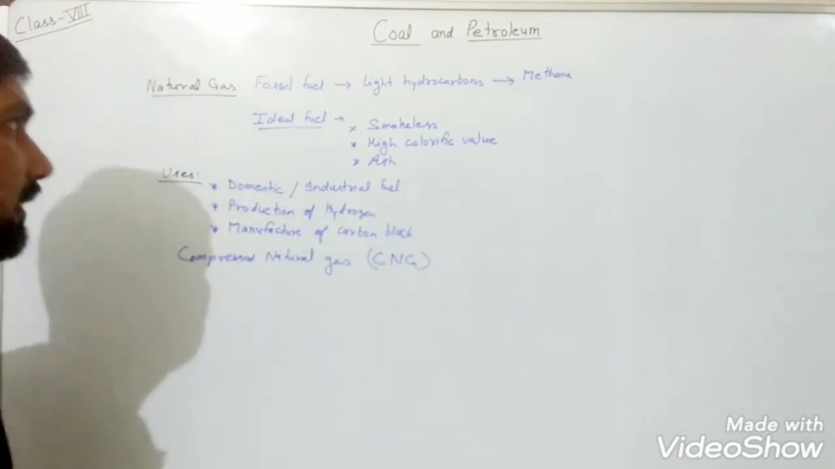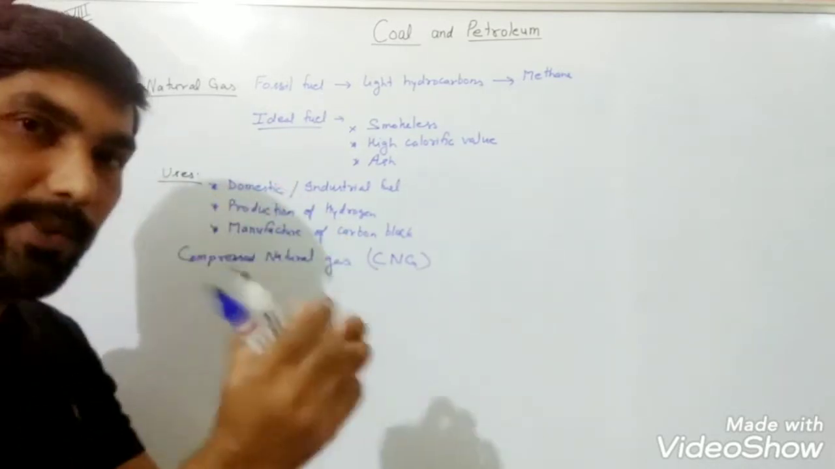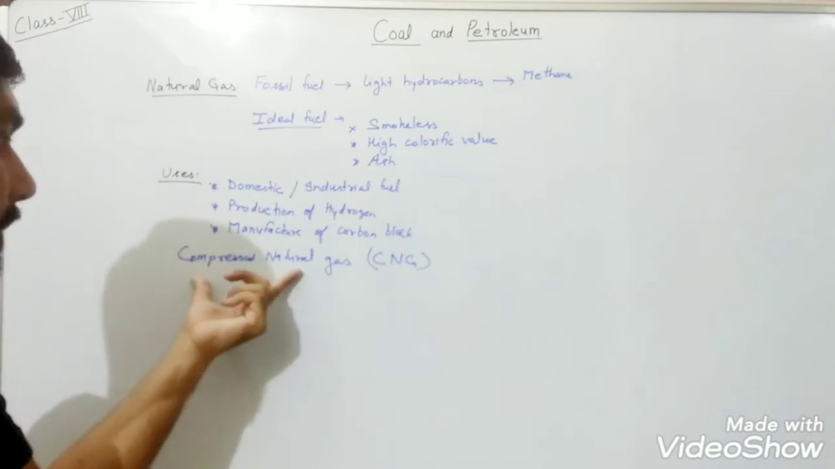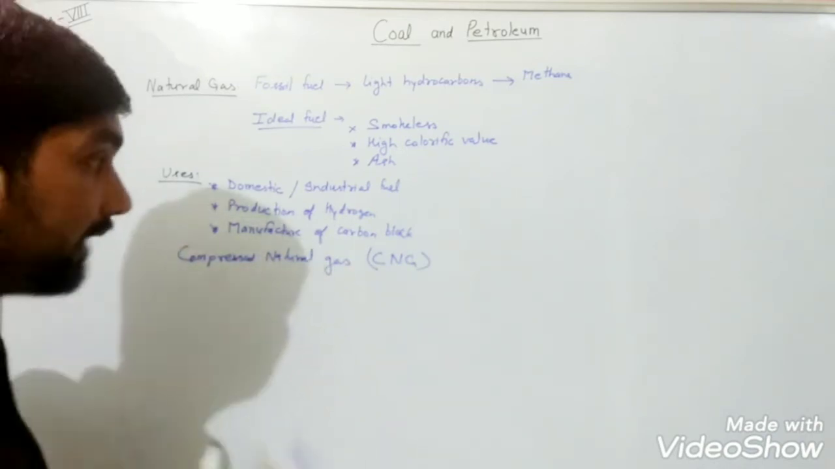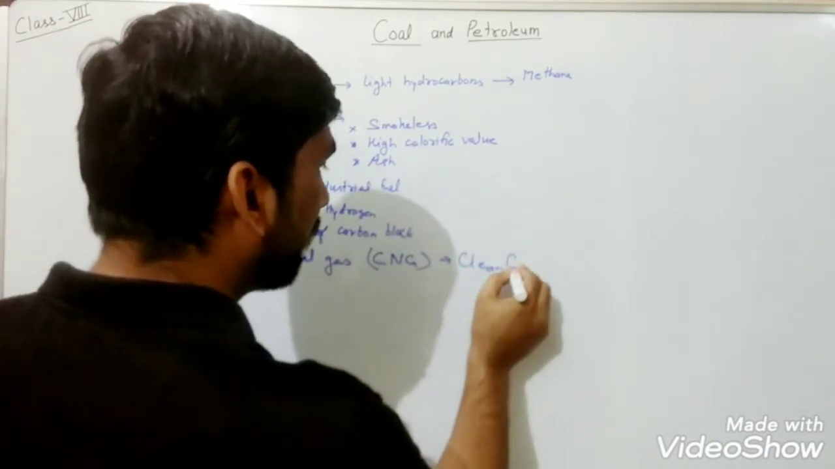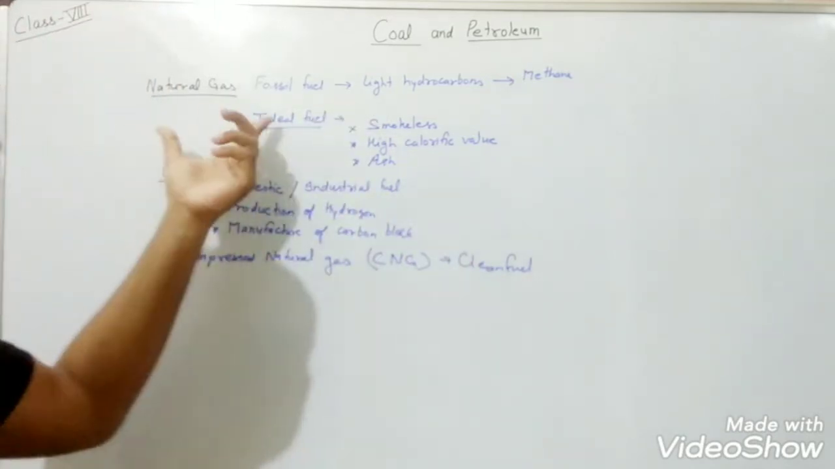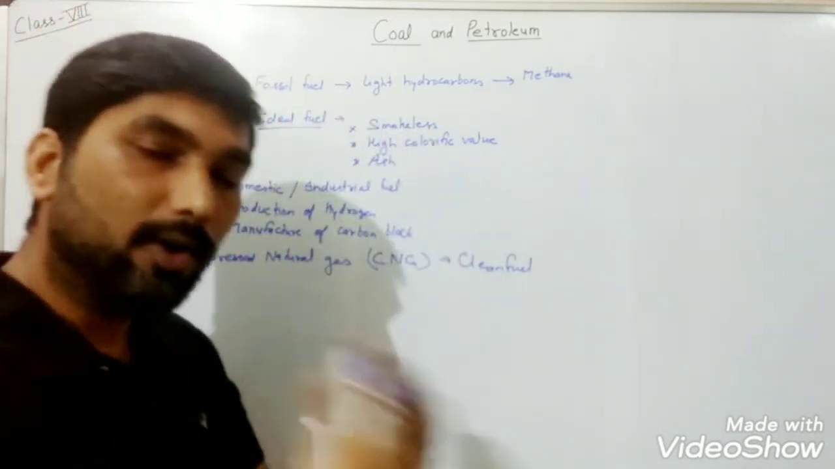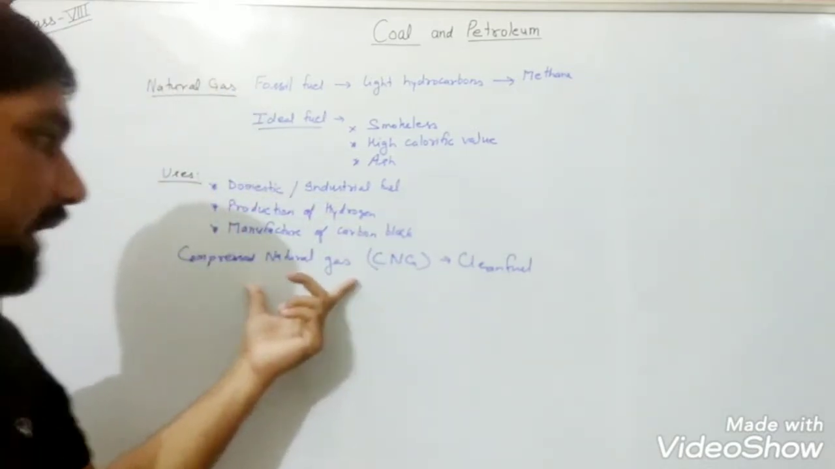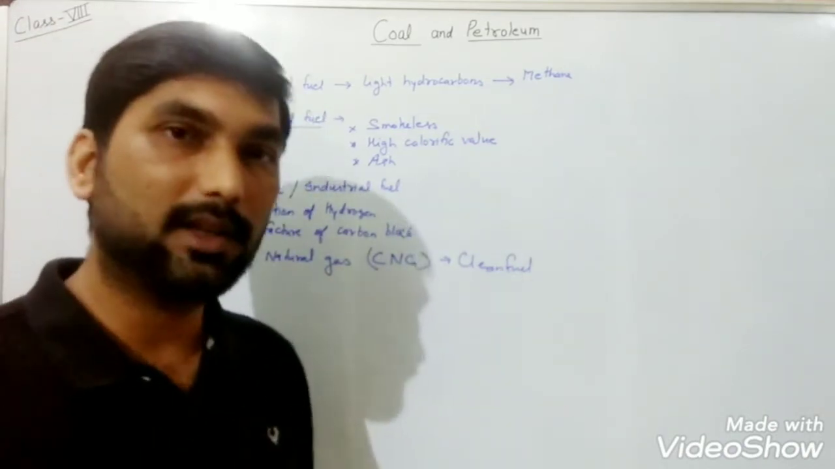CNG. Since it is present in the gaseous form, its molecules can be compressed highly, and when it is compressed highly, that natural gas is known as what? Compressed natural gas, and it is used as a clean fuel, because it does not release smoke after burning. So this fuel, compressed natural gas, is used as a clean fuel in our automobiles, and perhaps you have seen